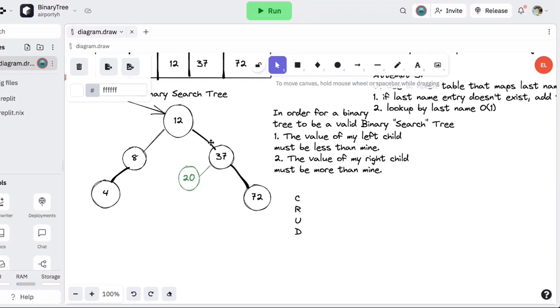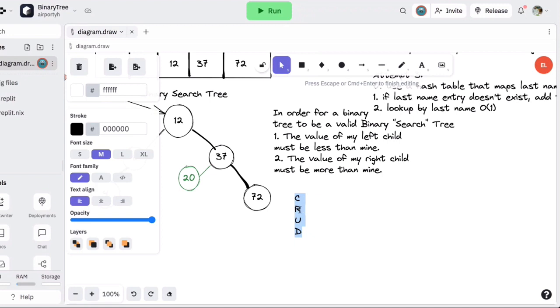And I kind of hand waved over where to find the spot to put it. But that algorithm is more or less the same as the retrieval algorithm. So let's talk about the retrieval. Retrieve a value in the tree, retrieve. So given,